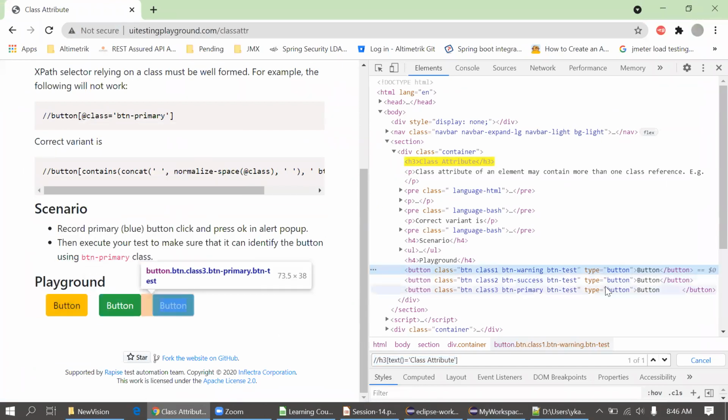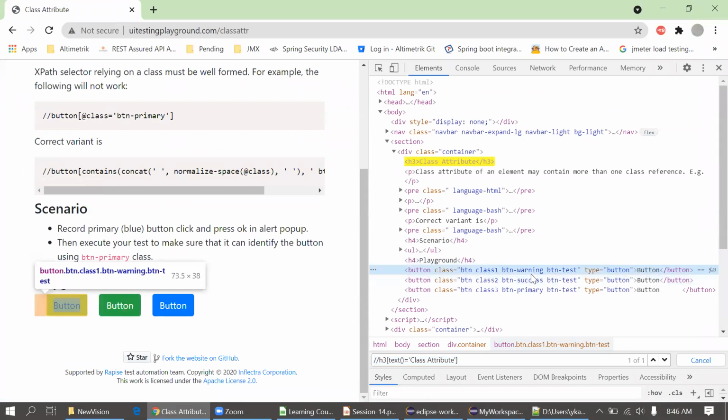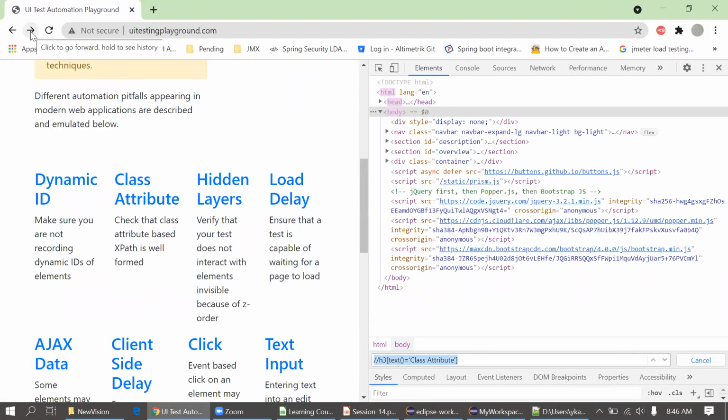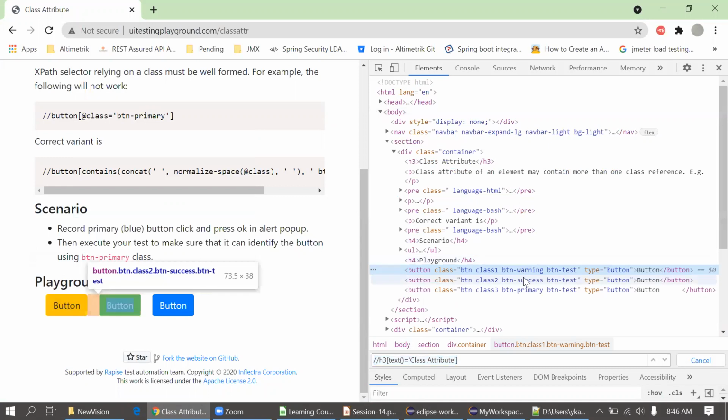Now yesterday someone asked that the locator is frequently changing, so I will just observe the pattern today. Okay. So now for the yellow, I am seeing class one, warning, then success, then primary. I will just refresh the page and observe the pattern again. I will not use the index here. Okay, warning, success, primary. Again. Now again I will just check. Warning, success, primary. Today also I'm getting the same thing again.